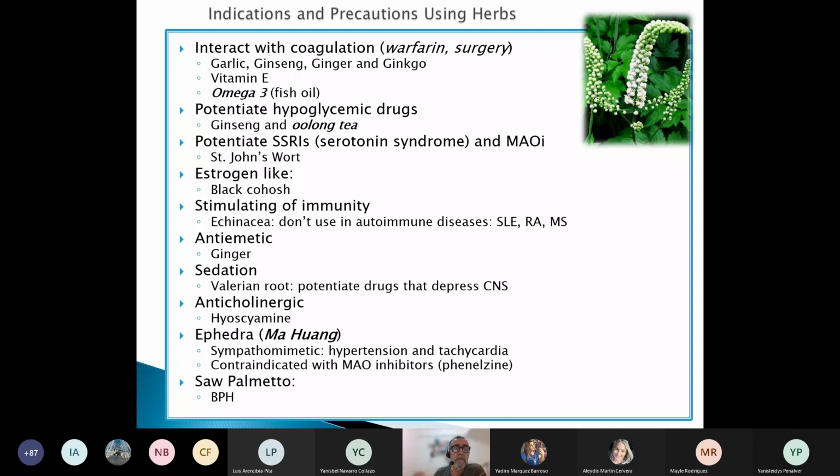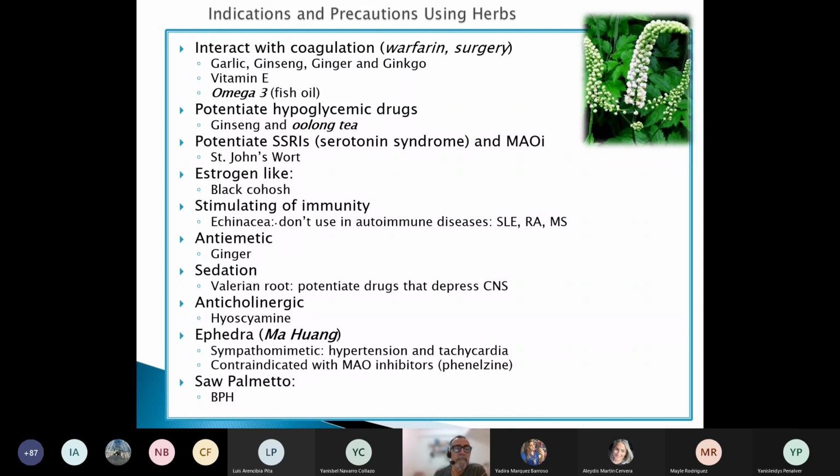citalopram, etc. Black cohosh, frequently consumed, especially in the rural areas, by women when have a perimenopause, climacteric, or postmenopause symptoms like hot flashes. And it is a phytoestrogen, so an estrogen from plant that improve the symptoms of